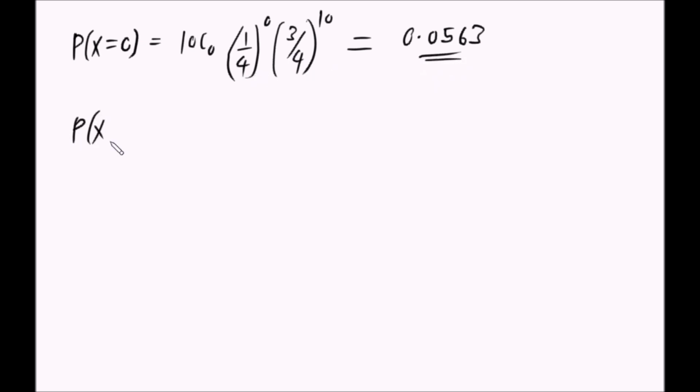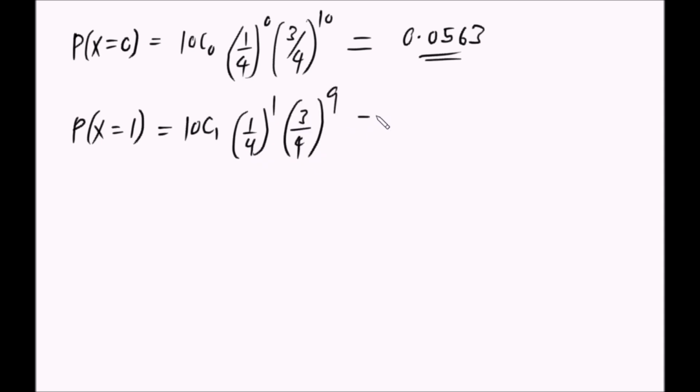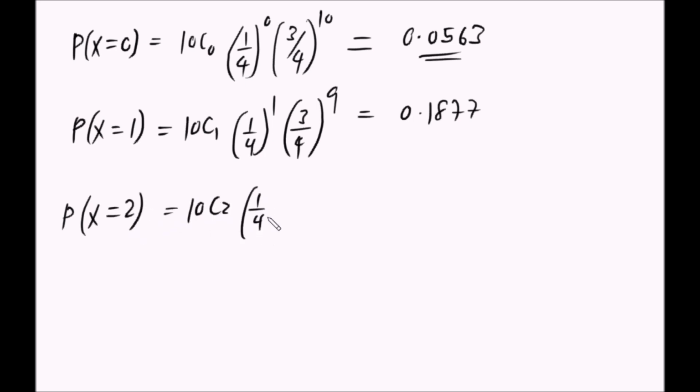Okay, nyingine ilikuwa ni hii 10 combination 1, manake 1 over 4 power 1, 3 over 4 power 10 minus 1 ni 9. Kwa hiyo ni 0.1877. Alafu nyingine sasa manake ni hii 10 combination 2, 1 over 4 power 2, 3 over 4 power 10 minus 2 ni 8, ambayo ni